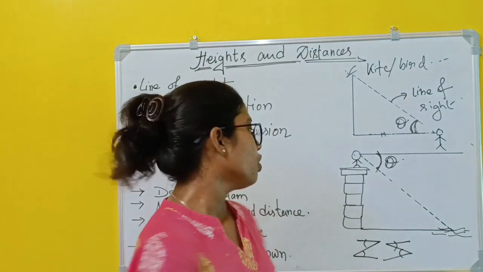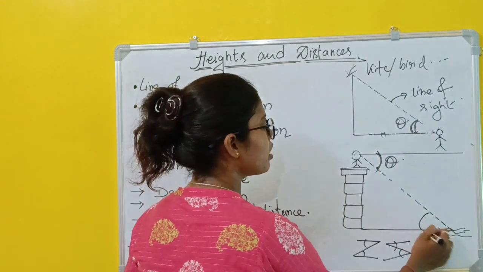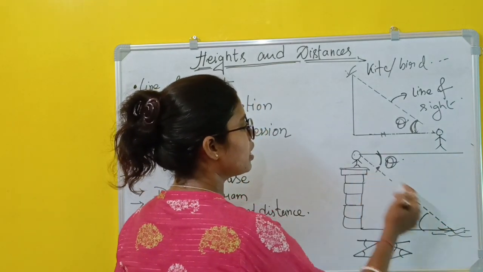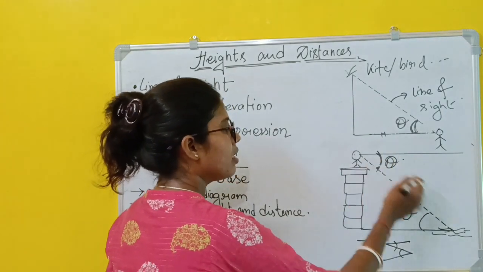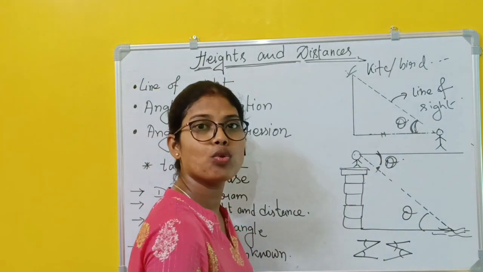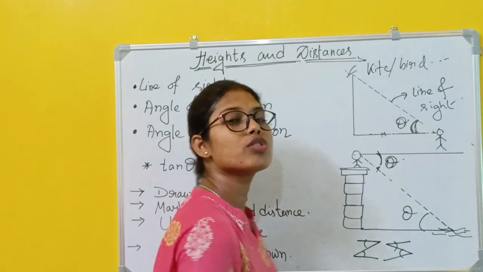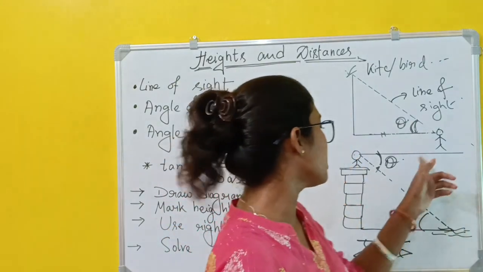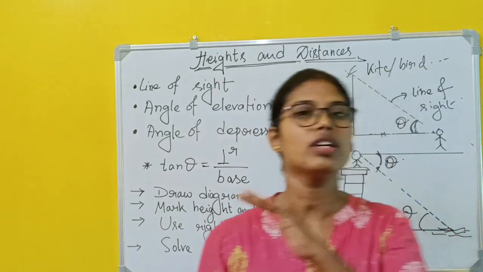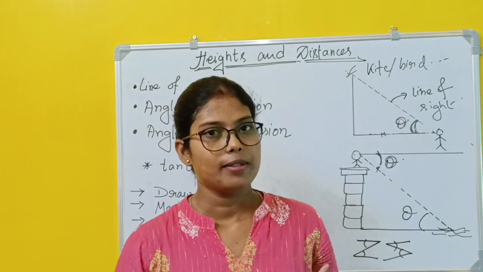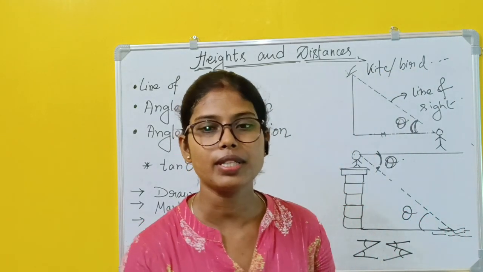You already know that. So here, if this one is theta, this one is also theta, because here it is forming an alternate angle, right? These and these are parallel, and this is the transversal of those two lines. So this and this will also be the same. So if this is theta, this is also theta, we can easily calculate the value of any height or distance. Clear?